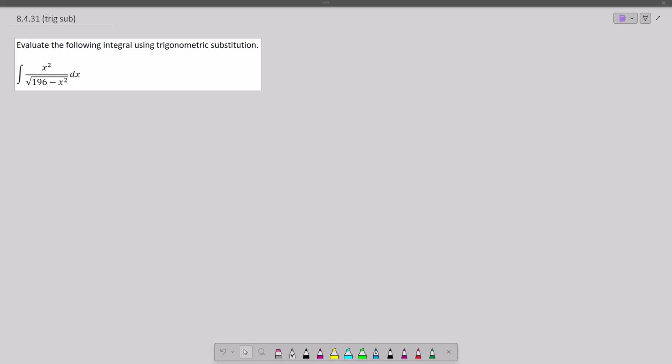It's time for trigonometric substitution. We see a difference of squares here within this square root, and that's a key to using trigonometric substitution. If we have a sum or difference of squares and regular substitution doesn't work, we're going to go with trigonometric substitution. The first thing I'm going to do is factor out that 196 so that we can use our basic